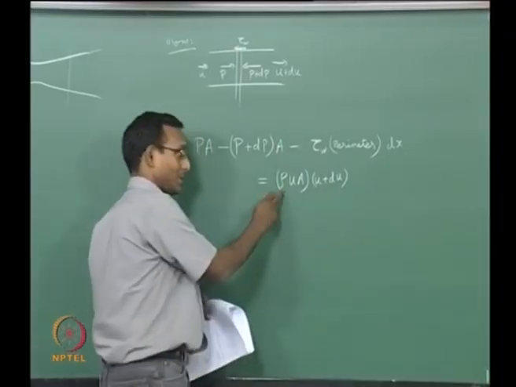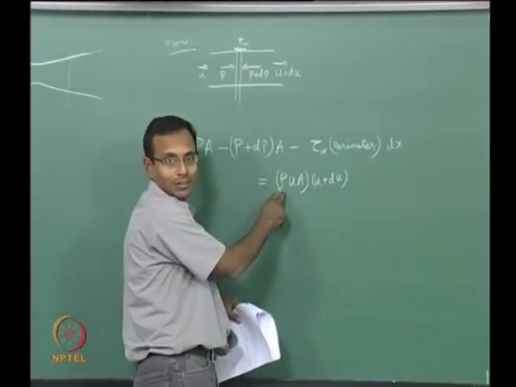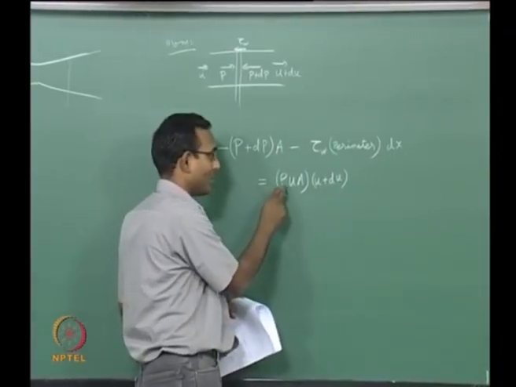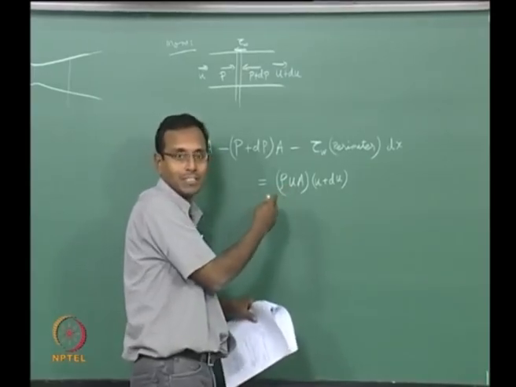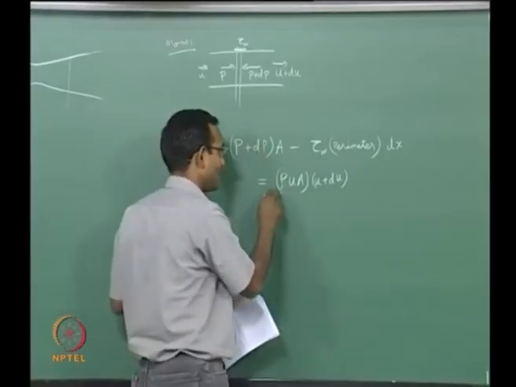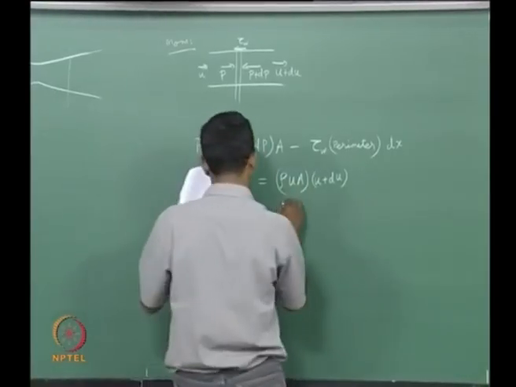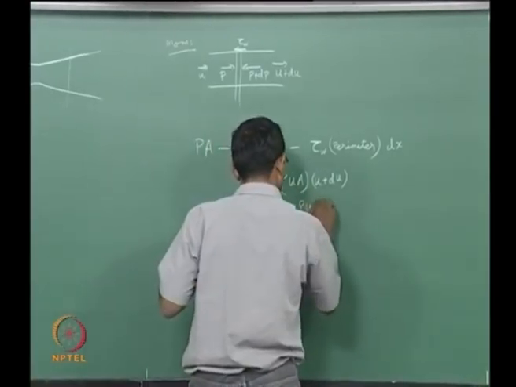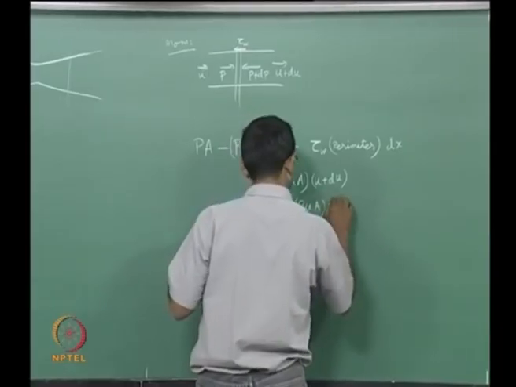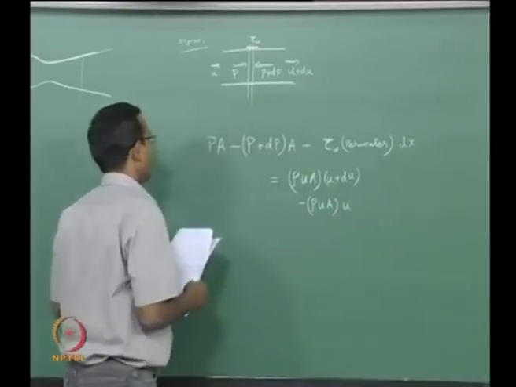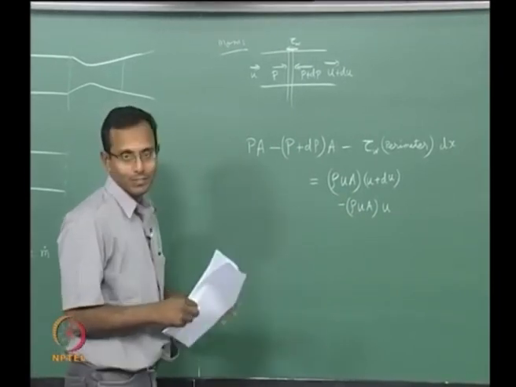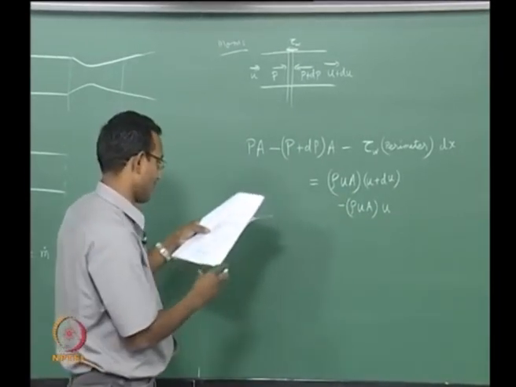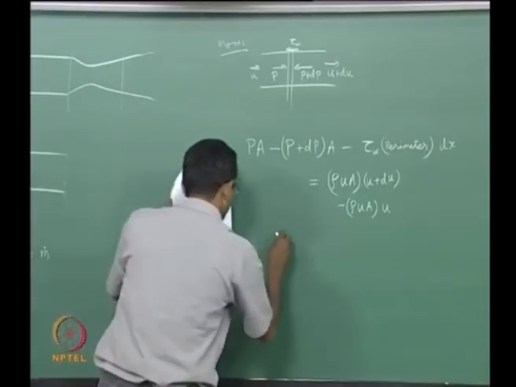Of course, I should actually think about rho plus d rho and all, but that rho plus d rho into u plus du is going to be same as rho u, that is coming from mass equation. So, I will just use rho uA here, minus rho uA times u. This is going to be my conservation form. I will just convert this to differential form. We will just simplify to